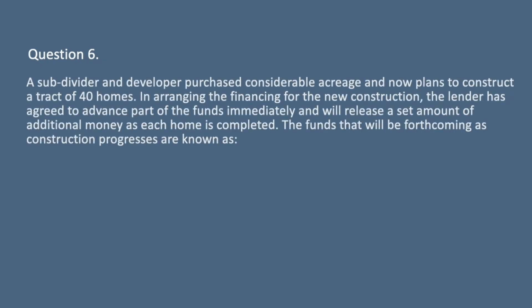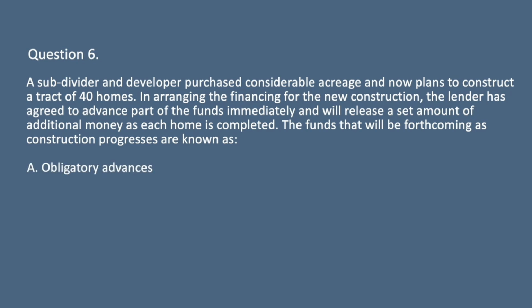Question 6. A subdivider and developer purchased considerable acreage and now plans to construct a tract of 40 homes. In arranging the financing for the new construction, the lender has agreed to advance part of the funds immediately and will release a set amount of additional money as each home is completed. The funds that will be forthcoming as construction progresses are known as